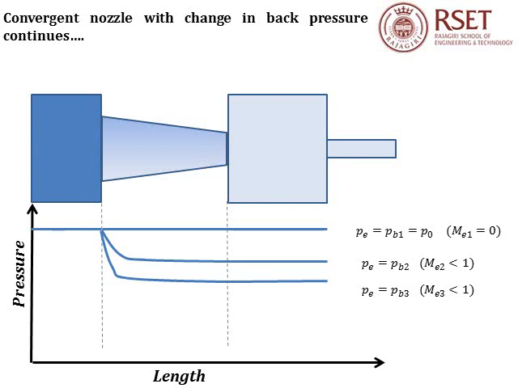Now let us represent this variation in pressure using this graph. We have pressure on the y-axis and length on the x-axis. Initially, when the valve is completely closed, the pressure inside the entire arrangement remains the same, which is equal to the stagnation pressure. At this point, the Mach number at the exit or Mach number at any point for that matter will be equal to 0 since there is no flow.